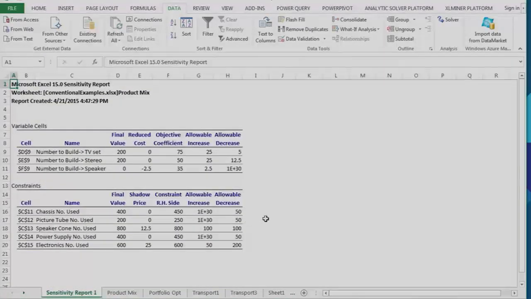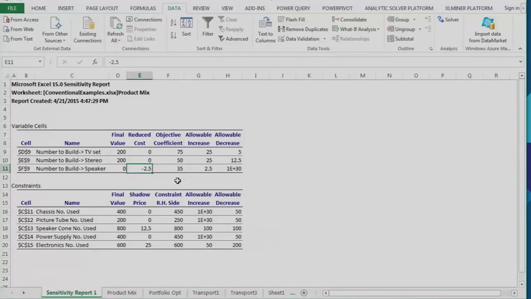So over here on this tab, sensitivity report, we have shadow prices. And 2 of them are non-zero, and they are the same 2 where we used up all the parts on hand. Okay? And the numbers there, 1250, that means if we could get one more speaker cone and use it, we would make another $12.50. And if we could get one more electronics unit and use it to build product, we'd make $25. Up at the top here, we have